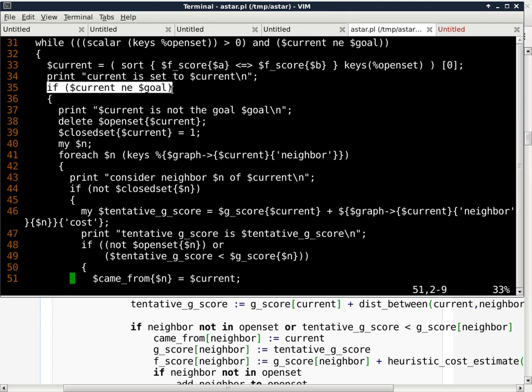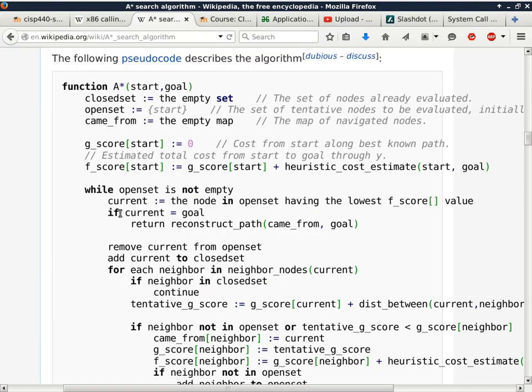Because if not, I'm going to say, okay, from this particular vertex, which is now called current, where do we go next? Okay, what do we want to explore next? That's why there's a condition of saying if the current vertex is not, NE stands for not equal to the goal vertex, then we perform the then statement of this conditional statement. So this part is also a little bit different from the pseudocode because what the pseudocode does is indirect. In the pseudocode, it checks for equality and then it returns from the entire subroutine. It just gets out of the entire subroutine, which implies